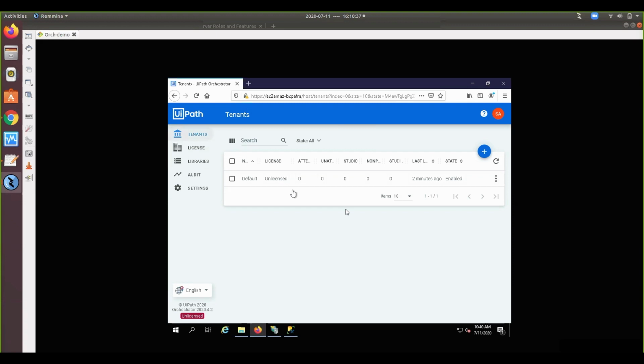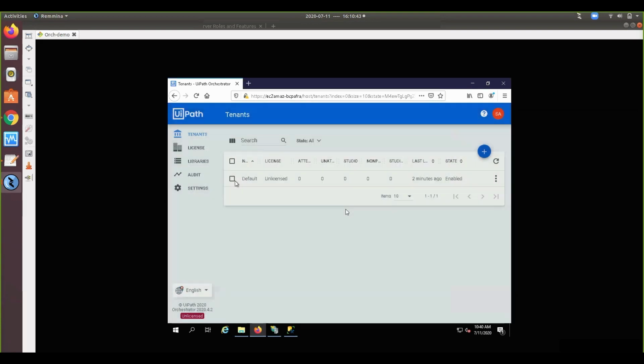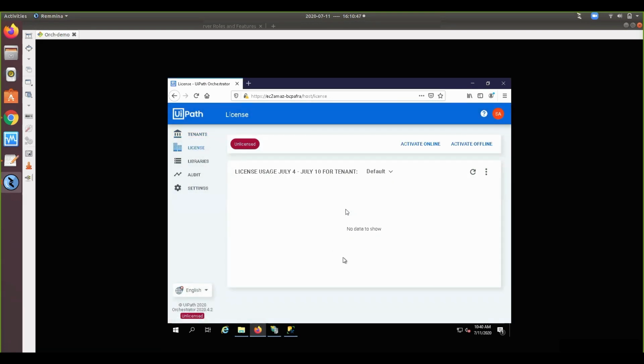So this is the host tenant, where you can create as many tenants as you require. You can allocate the license from this host tenant itself, and that's all.